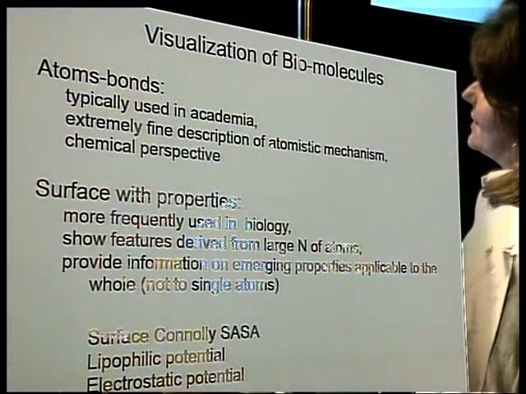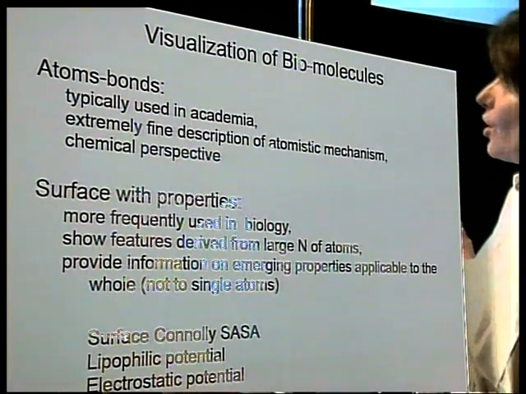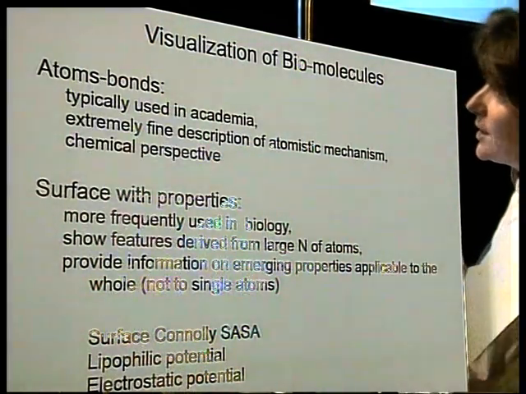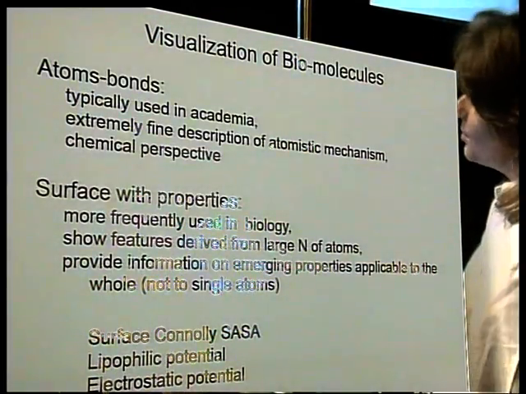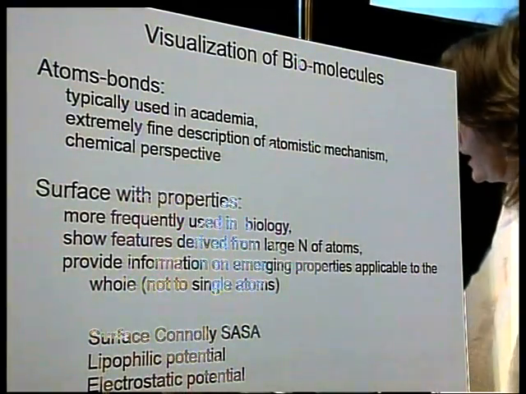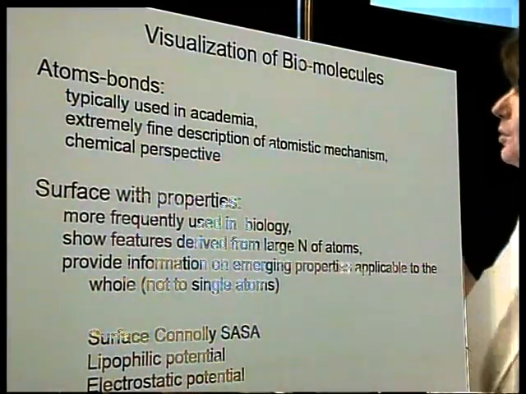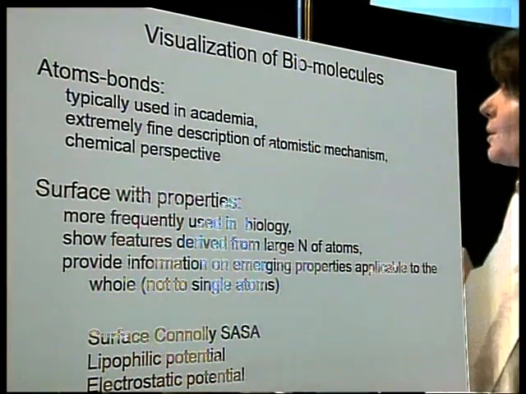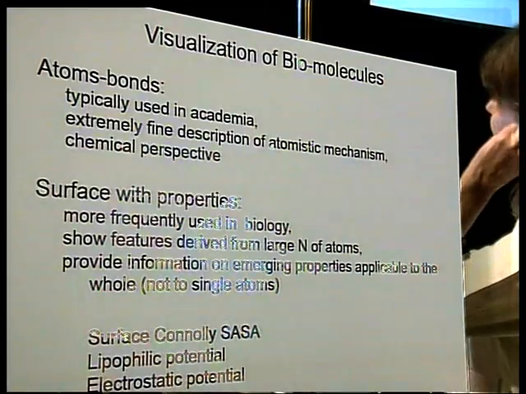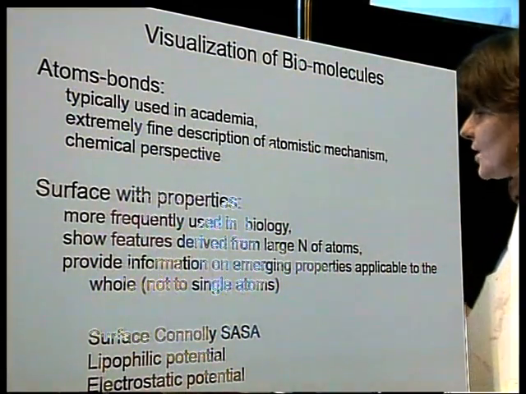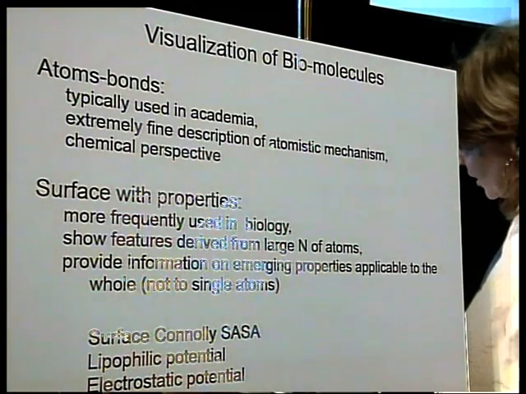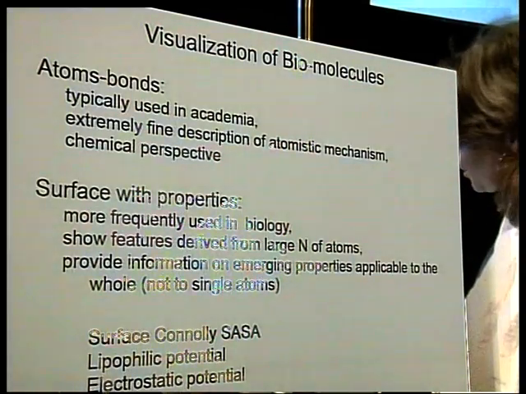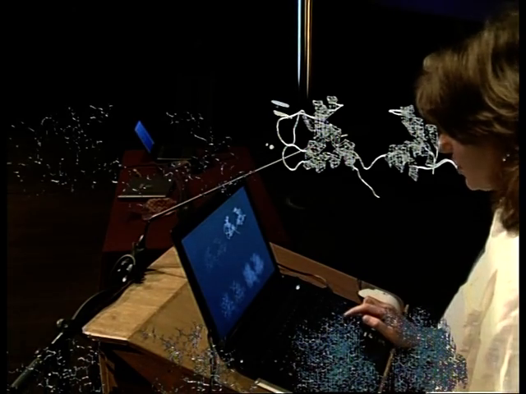Actually, this is defined as the space which is not accessible to the water that surrounds the protein. It's called the solvent accessible surface area, SA. On this surface, we want to map the lipophilic and the electric potential. These potentials are, again, calculated with external programs, and we want to map them on the surface. I think Mike will go into some details of this, so I will not say any more about it.